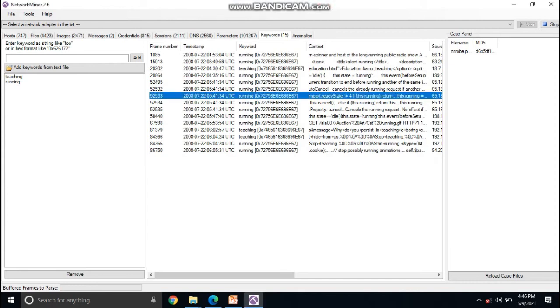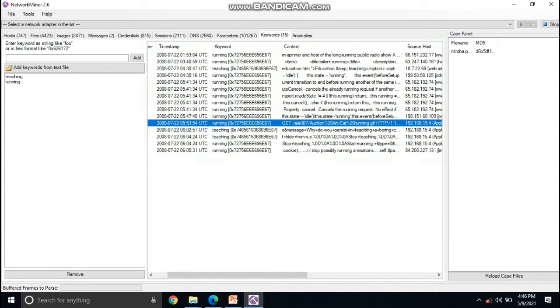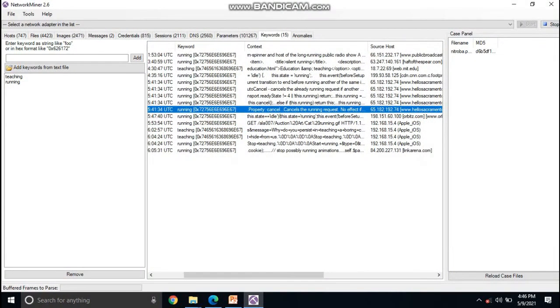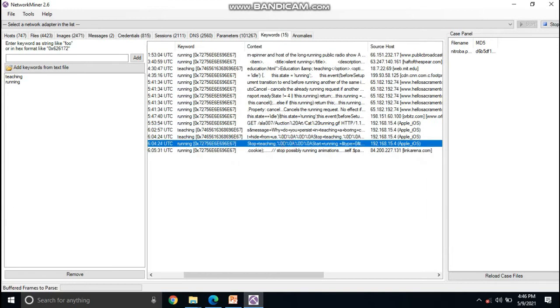So now we got some keywords. Out of these we find content like "stop teaching". This was the source IP address with the Apple iOS. So let's go to the messages section to see the message.